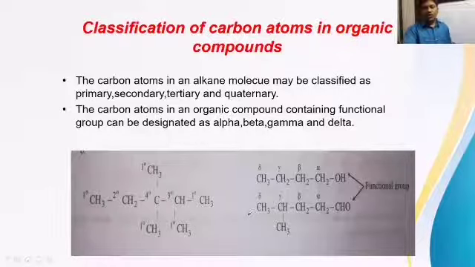Right. Now, if you observe this structure, in this case, first one you check this one. OH is the functional group here. This functional group is directly attached to this carbon. So this carbon is taken as alpha carbon atom. And to this alpha carbon, what is attached directly? This carbon. So it must be called beta carbon. And to this carbon, what is attached? This one. So it is taken as gamma carbon. And to the gamma carbon, whatever is attached is called delta carbon. So in this way, we use the Greek alphabets to indicate alpha, beta, gamma, delta carbons.